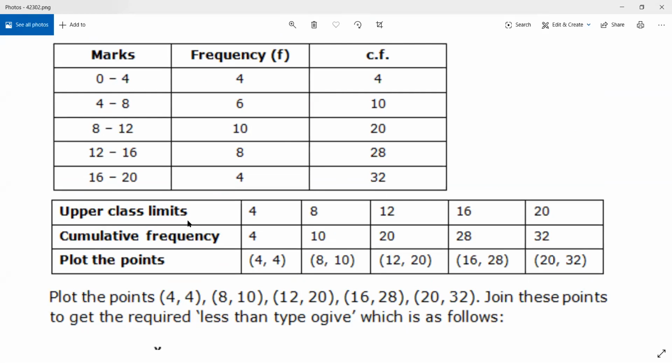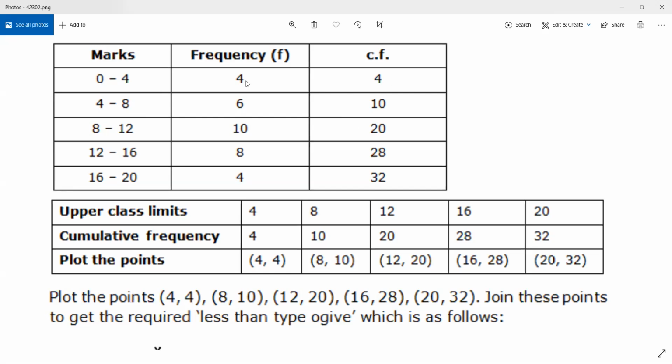Now what you do is you cumulate the frequency, in the sense that you put 4 for 0 to 4 marks, you have 4 people. For 4 to 8 marks, cumulative frequency will mean up to 8 marks, 4 plus 6 people have got up to 8 marks. Let's suppose 8 is the passing mark, how many people have failed? I can tell 10 people have failed because they failed to reach 8 marks. Okay, I hope you guys are following along. That is how you accumulate the frequency.